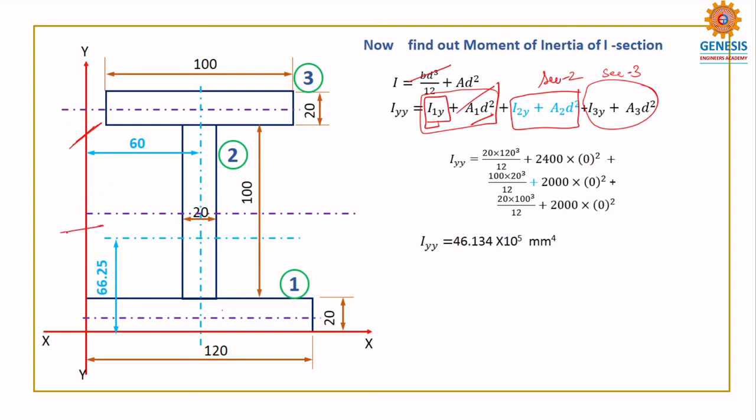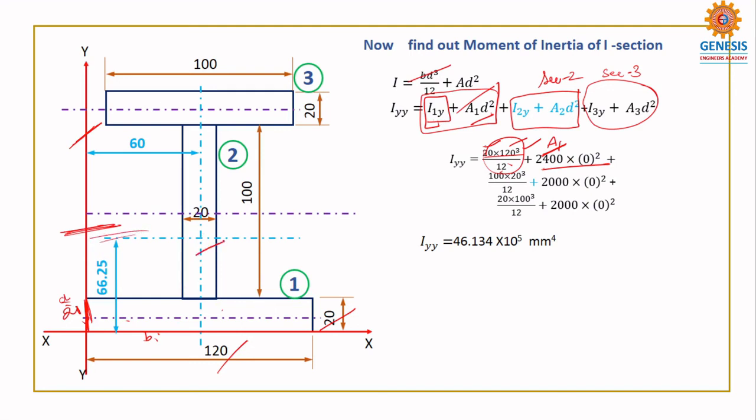So I am following from this. The dimension here is 20, that means it is like a D, and this is a B. So the moment of inertia about this is dB cube by 12, that means 20 into 120 cube by 12. The students definitely make mistakes like this one. So this is dB cube by 12, and the area is 120 into 20, which is already known to you. This is A1. Understand?